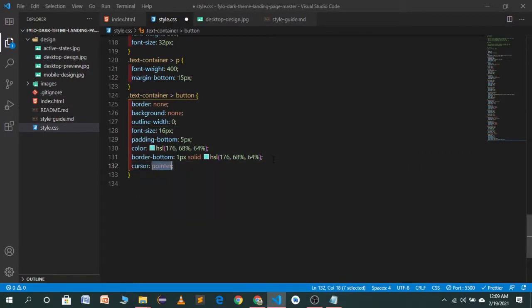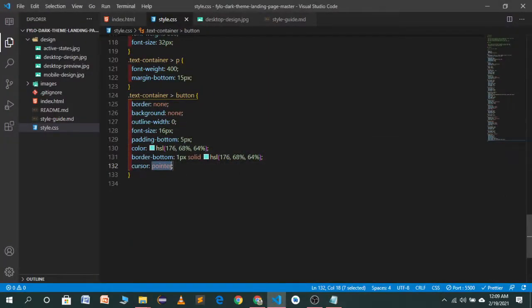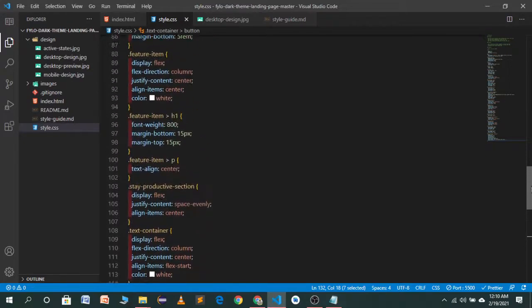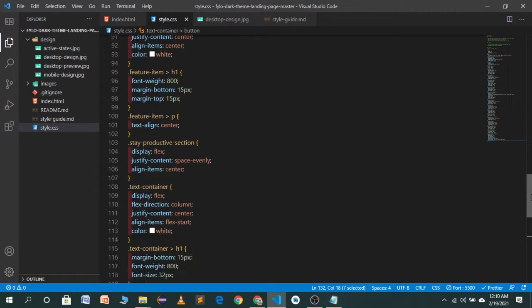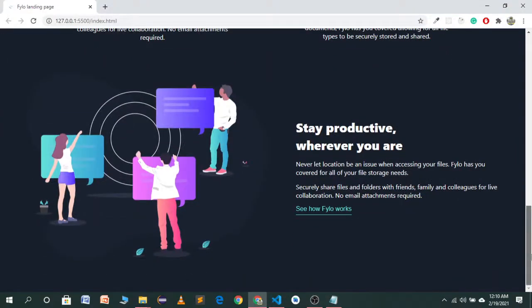Use a cursor of pointer, and now you will see as I hover, it changes into a cursor pointer. Now this section is almost done, so we have to give it a margin bottom because we want a space between different sections. Give it a margin bottom of 5 rem, and now you will see it looks great.